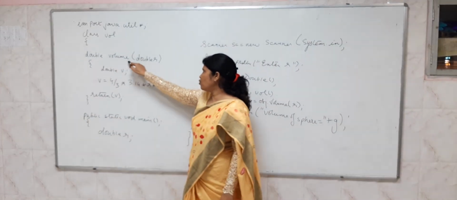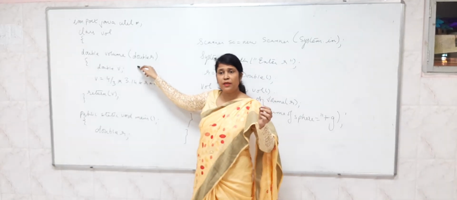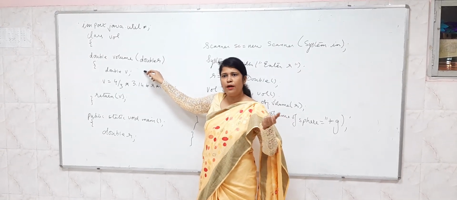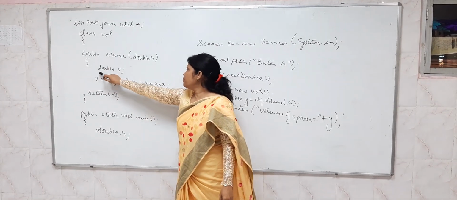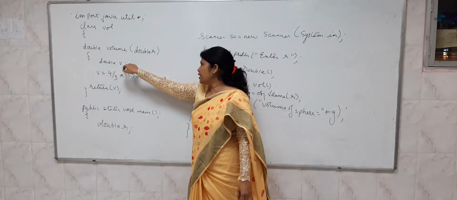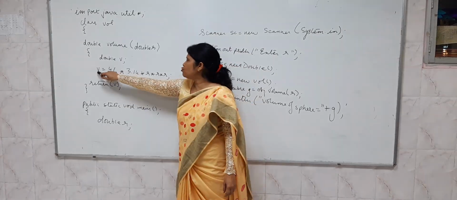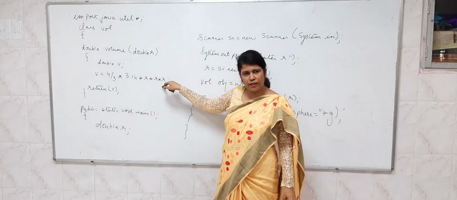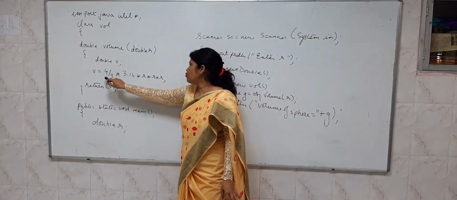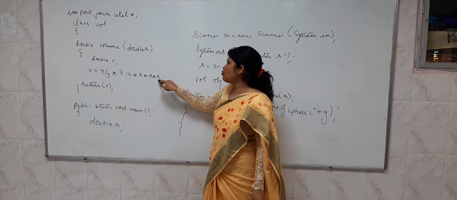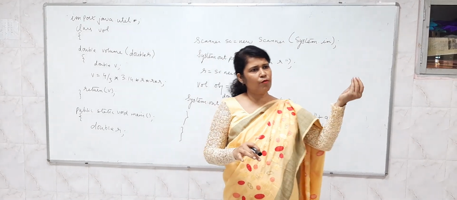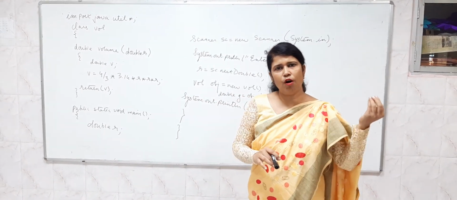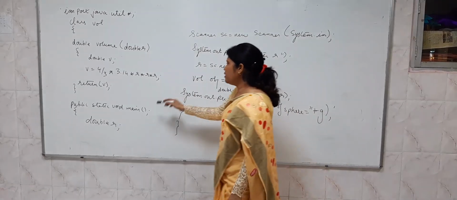Name of the function is volume and the parameter which we are passing is r. That is also double type. We will begin the function with open curly bracket. Then we have one more variable I have declared as double type. Why? Because we will store the volume of a sphere in this. So the formula I have written 4 by 3 into pi into r. And we will return whatever we calculate in the function, we will return from where the function has been invoked or called.